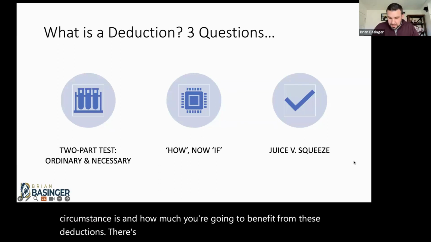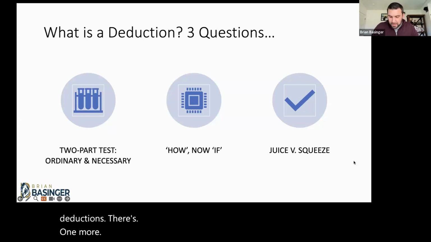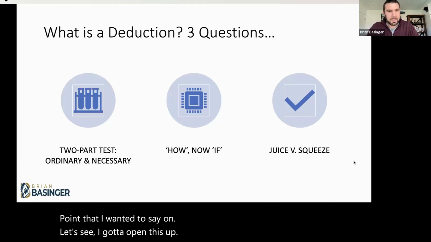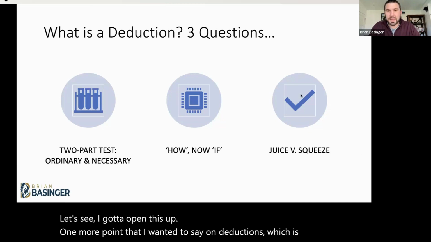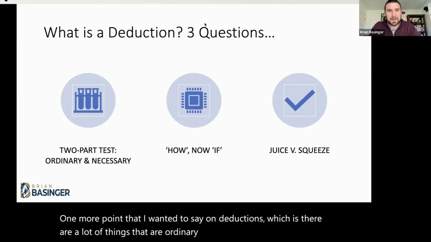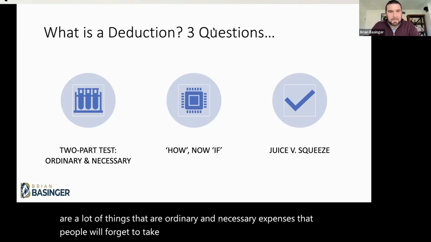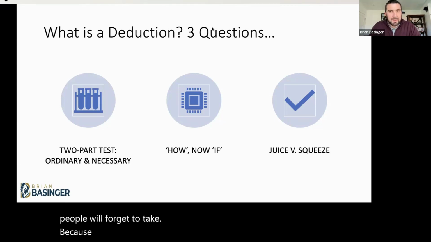There's one more point that I wanted to say on deductions, which is there are a lot of ordinary and necessary expenses that people will forget to take because